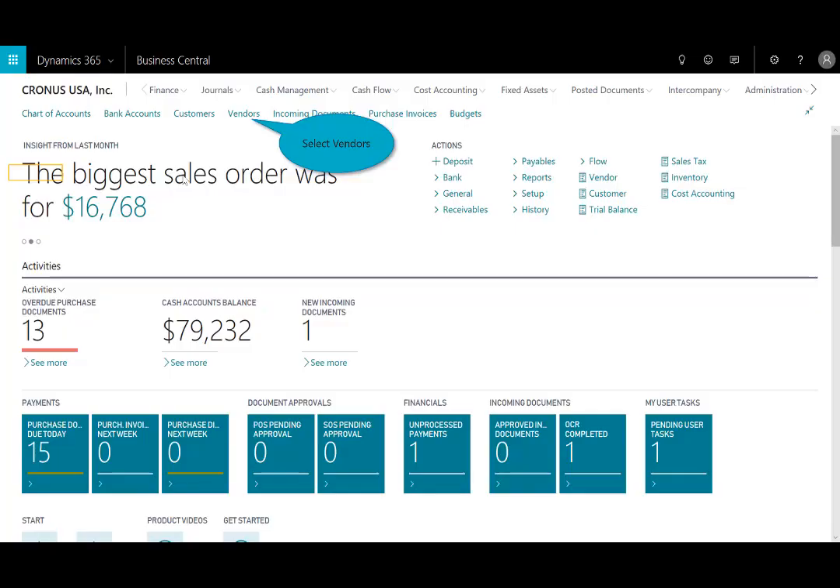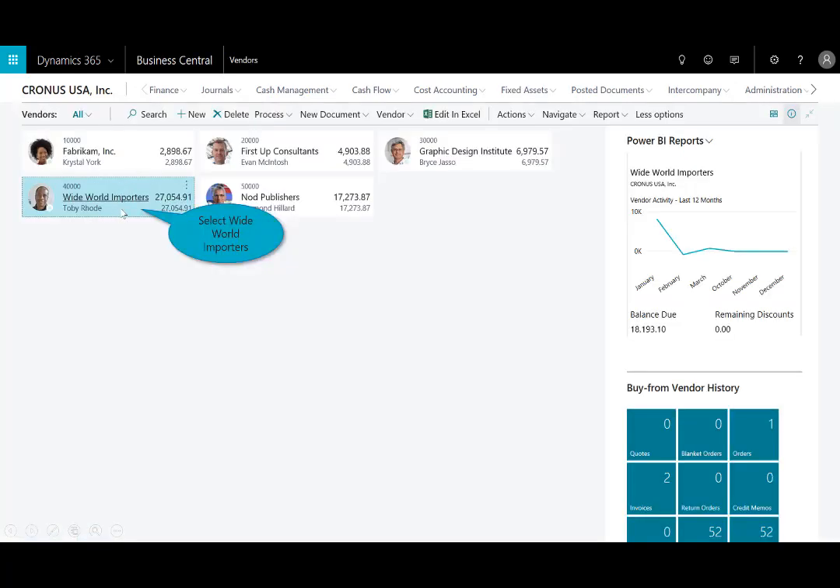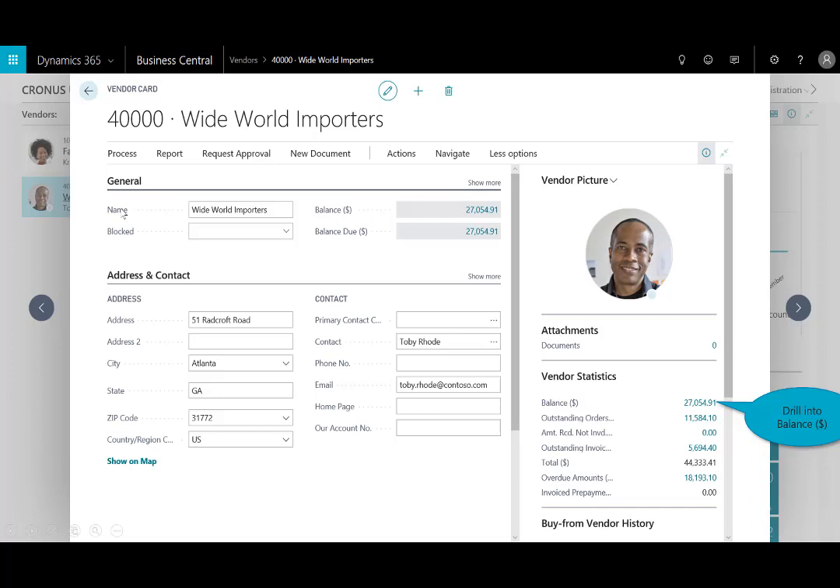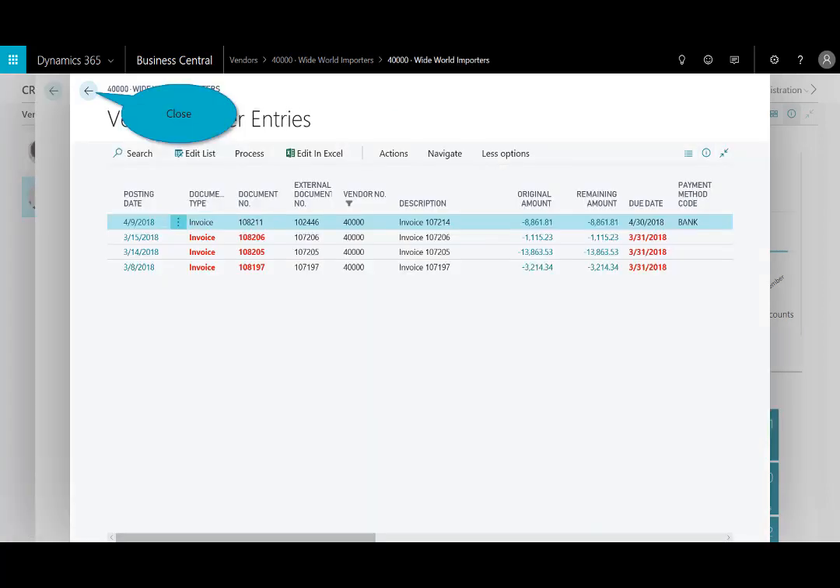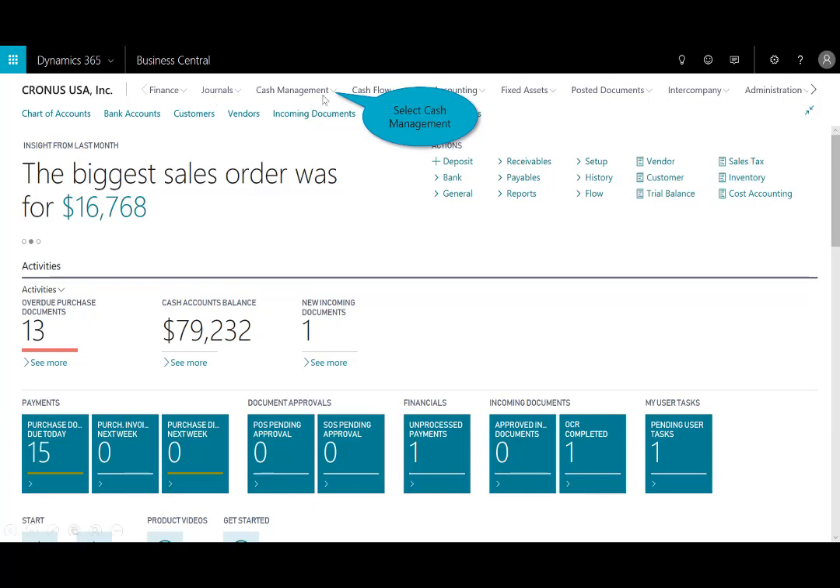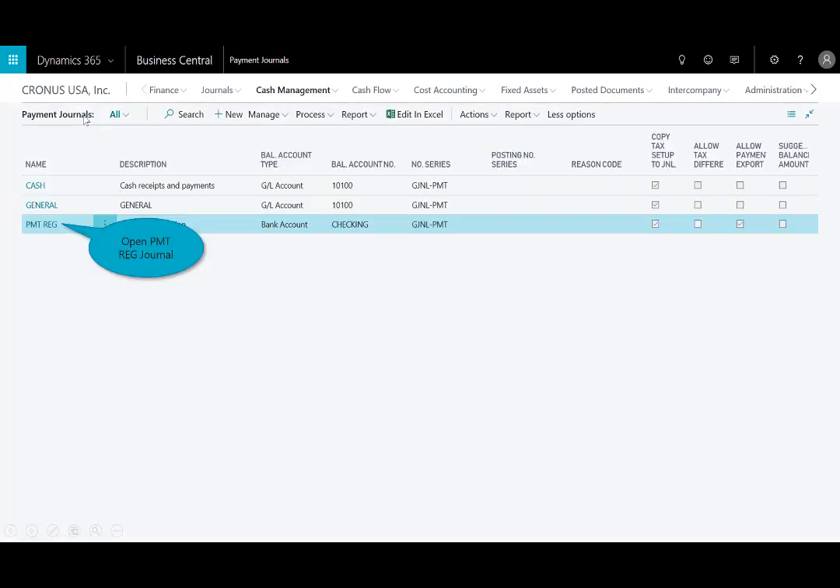Now I'll view the vendor balance here by selecting on vendors. I'll open up Wide World Importers, and this is the customer card, or the vendor card, excuse me, to see details around that vendor. And over on the right-hand side, I could drill into the details of that vendor and see all the balances, including the one I just created here for that invoice that we just scanned from the OCR service. Now all I need to do is go ahead and pay the vendor. So under cash management, I'll go ahead and open up the payment journals. I'll select the batch for payment,